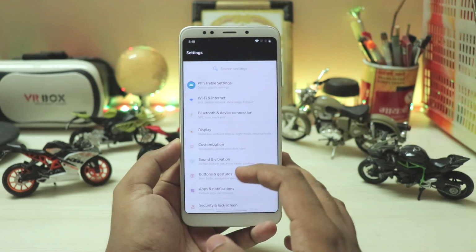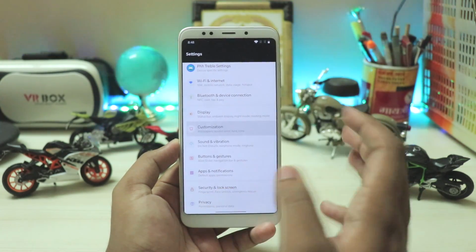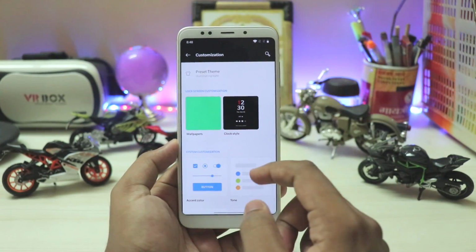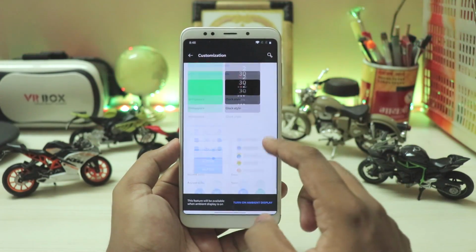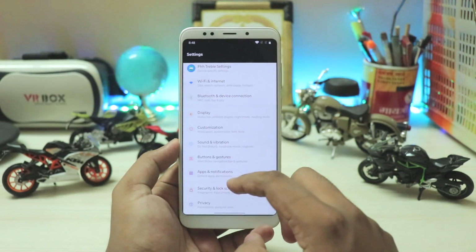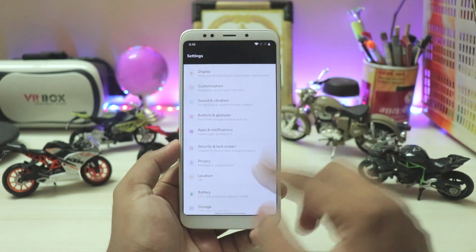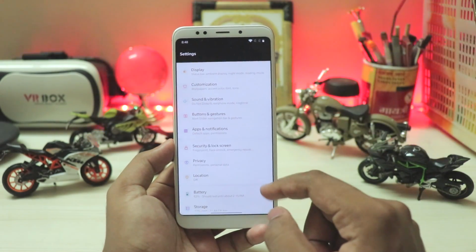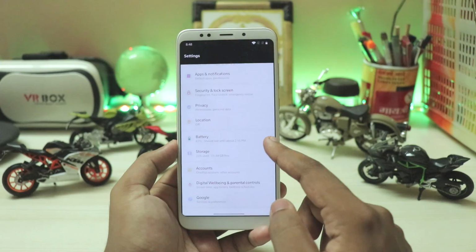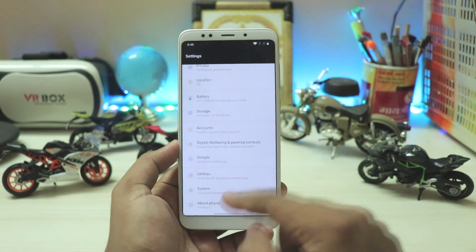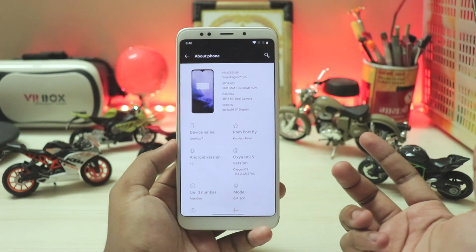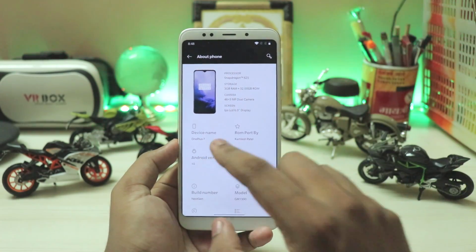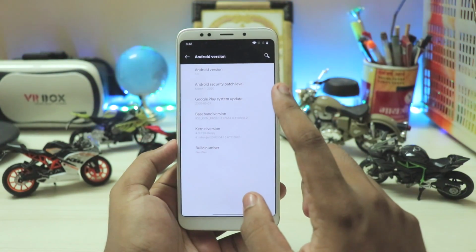Then again, coming back, pretty much everything is just the same as I showed you in my previous video. Like for example, wallpapers, clock styles, they should be lesser this time. Then again, all the customization is the same. You have the face unlock and the fingerprint unlock just completely working fine. And then scrolling down, everything is just the same. So directly going down to the About Phone section, again, the developer is Kaipi, Kamlesh Patel, and Android version is 10. Security patch should be the March 1 when this base was released.